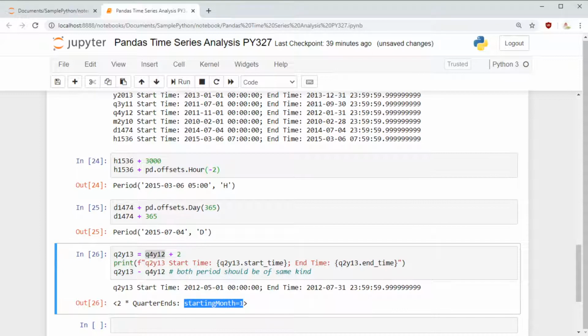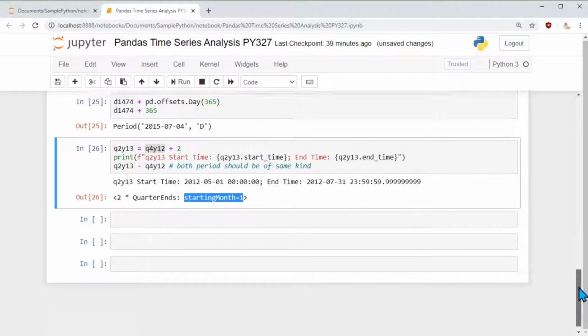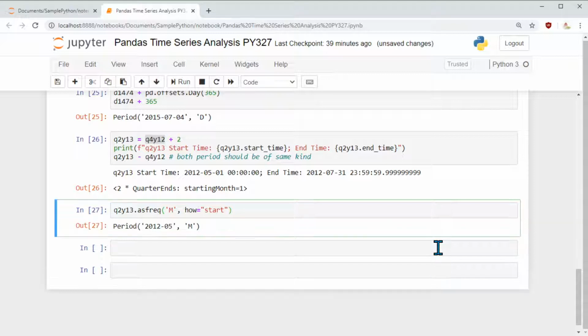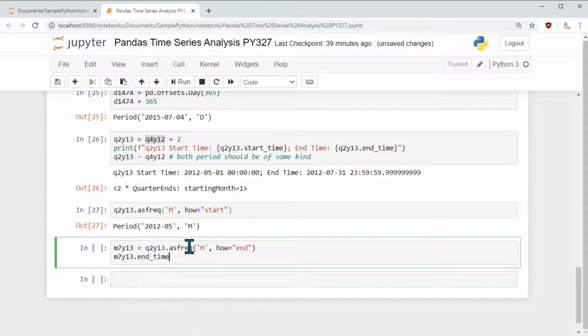Okay, which is very neat. Now there are times you start with one period and then you want to switch it to some other period. Yes, we can do that as well. So we have an asfreq method. You can specify which period you want to start with, and I want to convert into monthly. If you say that, then it says the new period name is this and the frequency is this. So this way we can convert from one frequency to another frequency using the asfreq method.